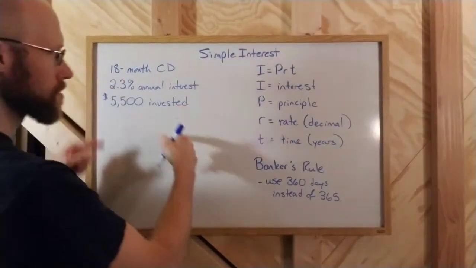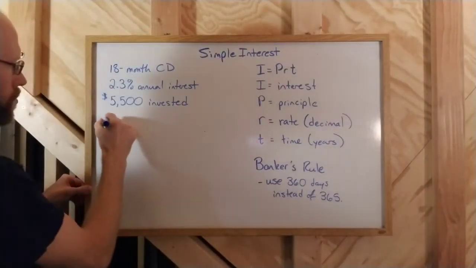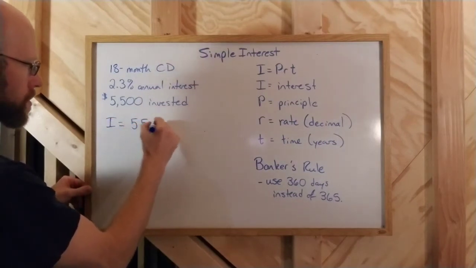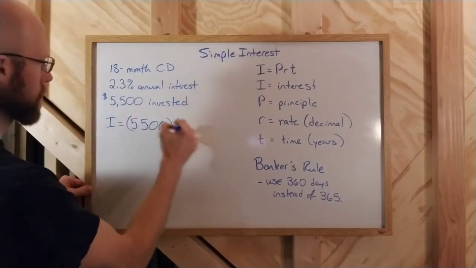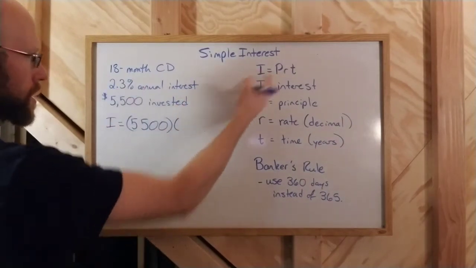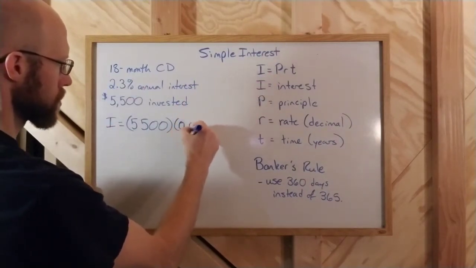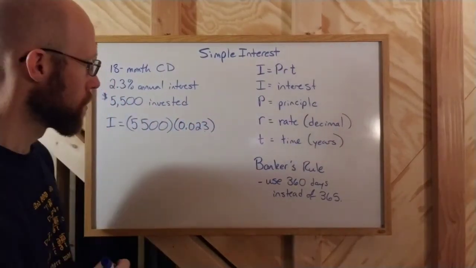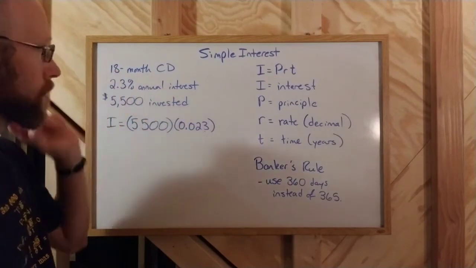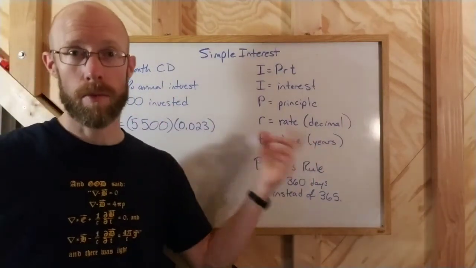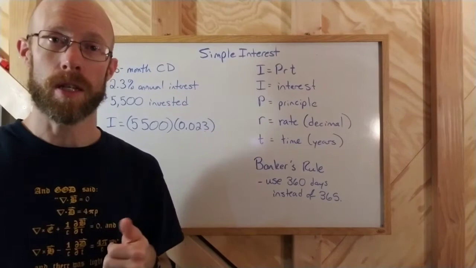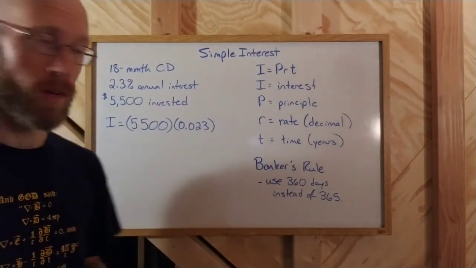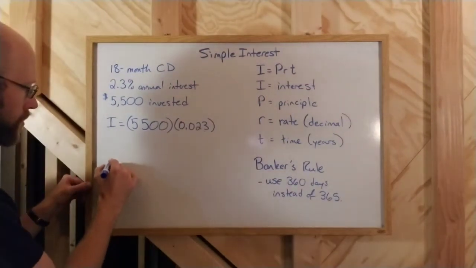So we take these 3 values, we plug them in. Interest then is calculated as the principal, 5,500, times the annual interest as a rate, so 0.023, again moving the decimal 2 places to the left. And then we need the months, or the years actually. We have an 18-month CD, but we want to turn that into years because our rate is an annual interest rate. Okay, so 18 months